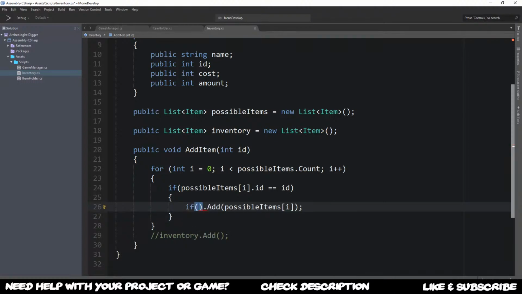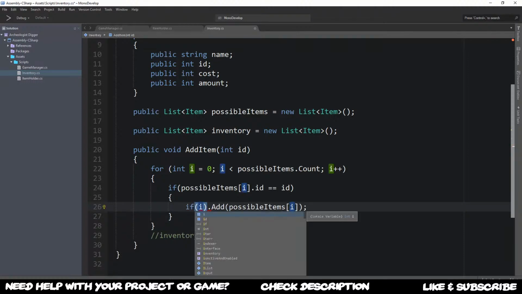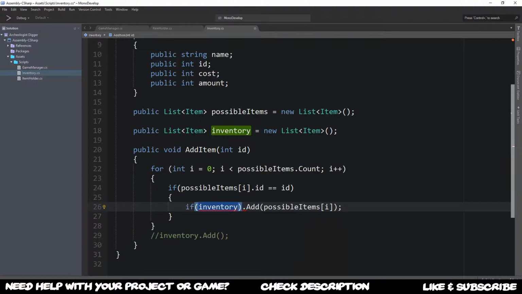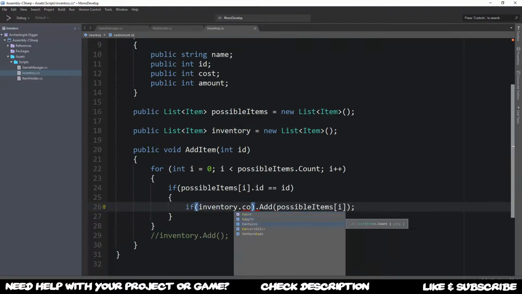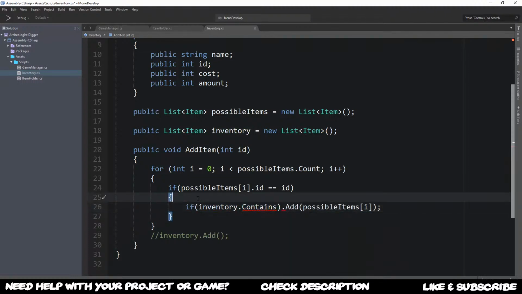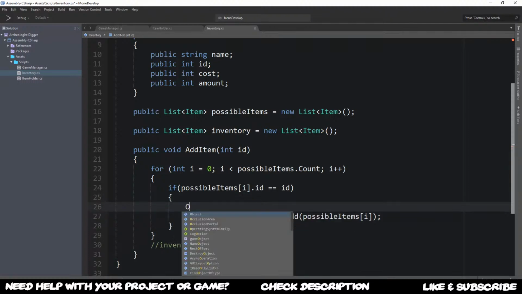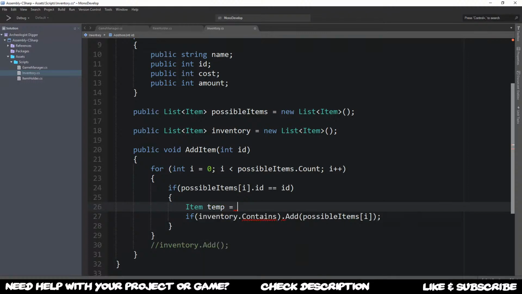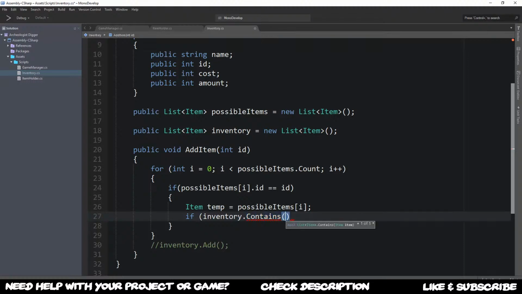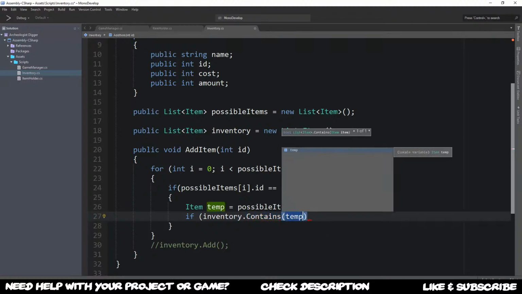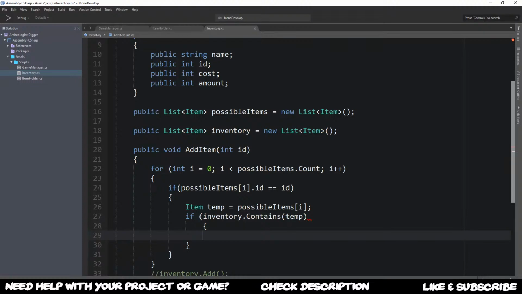Like if the inventory contains already the item we have found. So first off, we need to probably again put this into a temporary one. So we say we take possible items I and put this into temp. And now we can request if our inventory.contains the temp item already, then instead of adding this one,